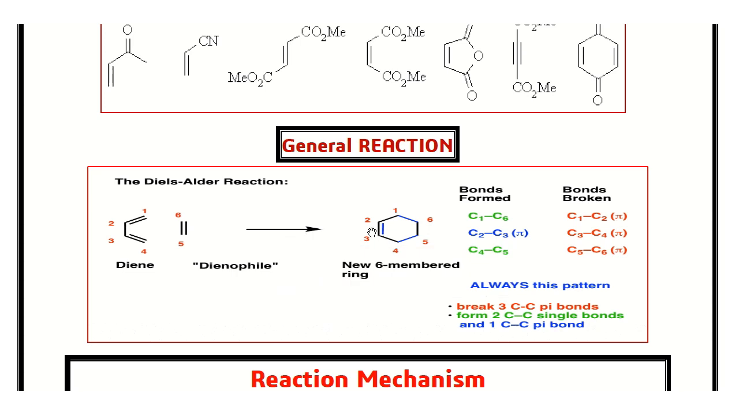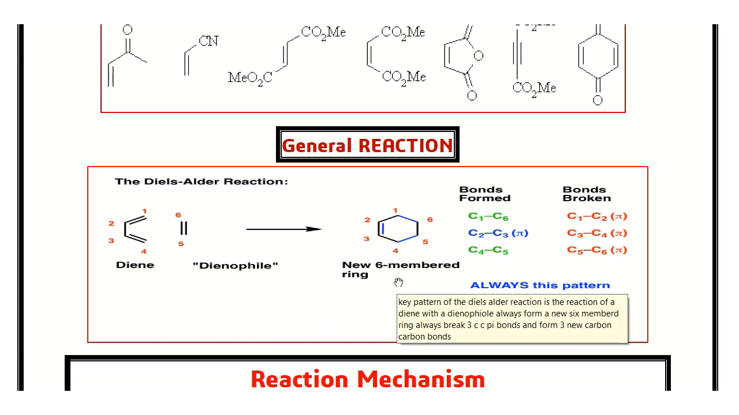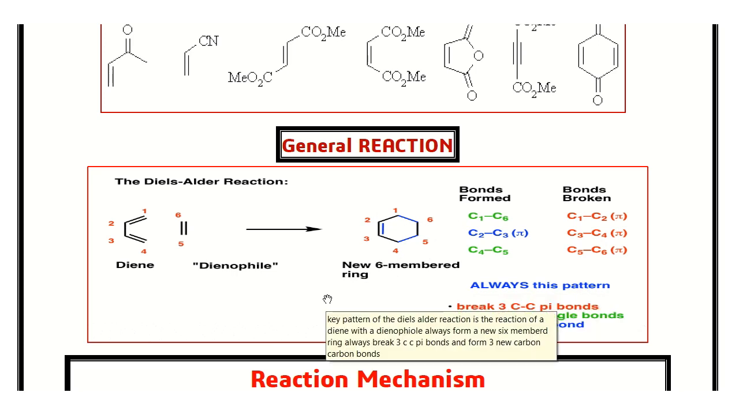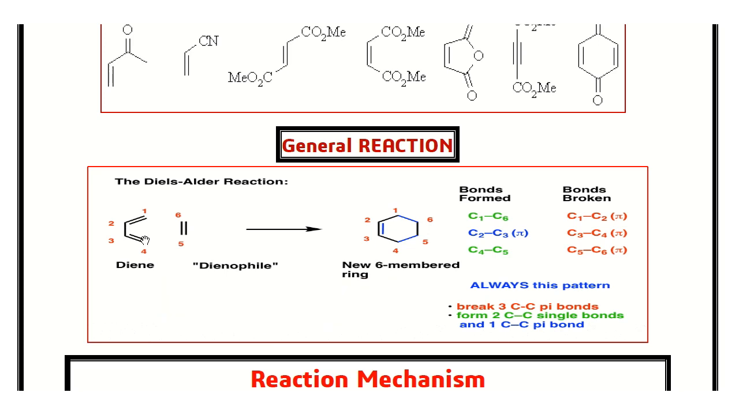So in the end, the resultant of this reaction will be a 6-member ring which has 1 pi bond. So this is the general reaction mechanism. Over here the example is shown of the